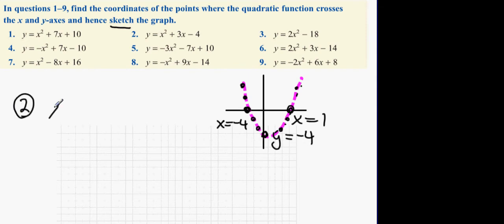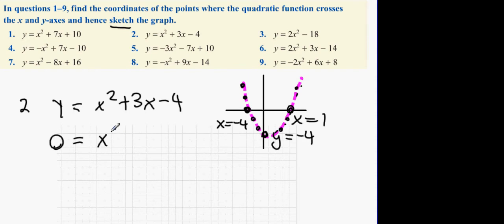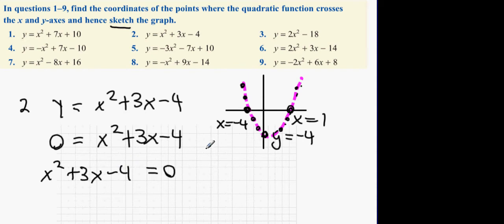The first thing is, I want to find out where it cuts the x-axis. So y equals x squared plus 3x minus 4. That's given to me. I want to find out where it hits the x-axis. What do we know about the x-axis? The y value is always 0. Replace y with 0 and solve this equation. This equation should give you where it cuts the x-axis. We already know that the answers are minus 4 and